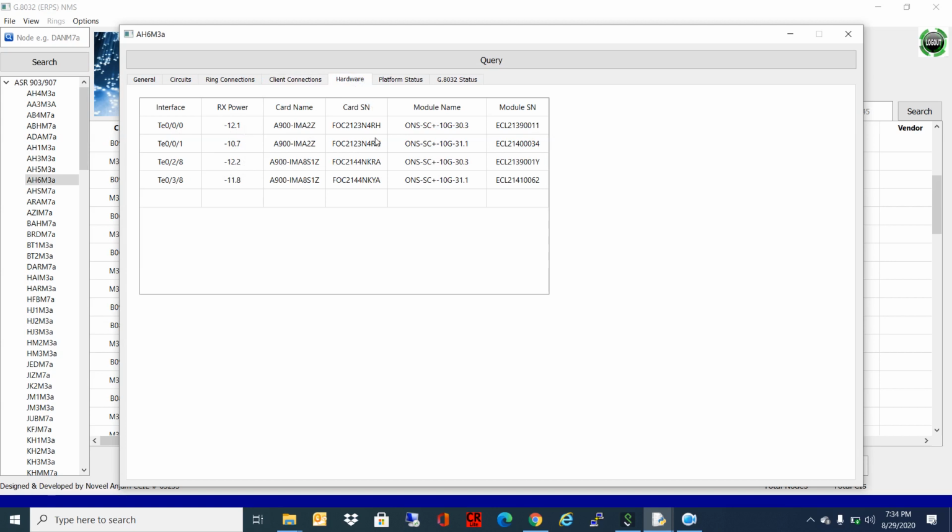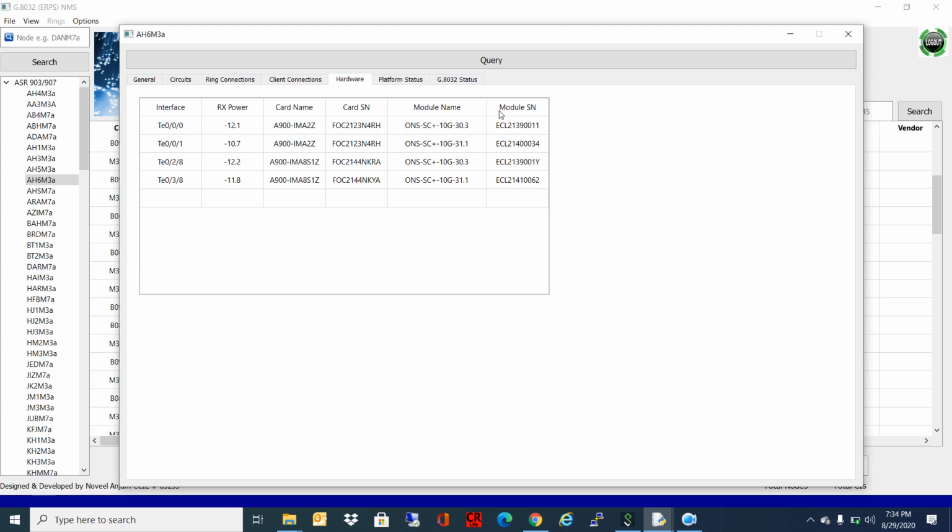Then the card name, the card serial number, the module name, and the module serial number for this port are shown over here. Again, I will mention, if we have any fault and we change any module or any card, and if there is any change in the power,